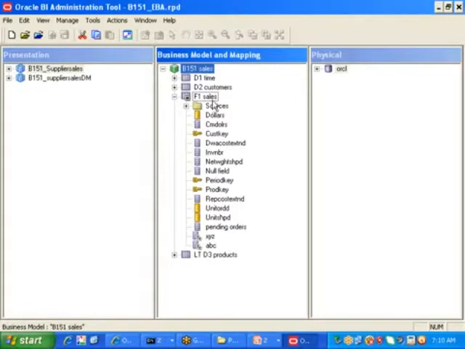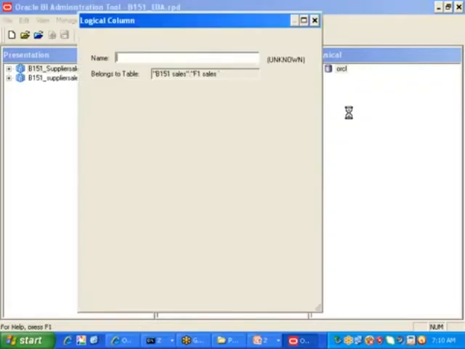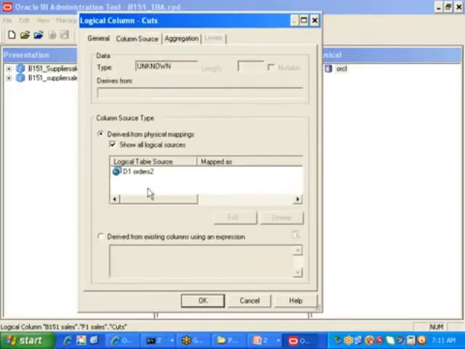I would like to create a column. Right click on this, New Object. Then I have one option called Logical Column. This logical column name I am giving as cuts. This is the US terminology. Normally in India we say pending orders. In the US they say cuts or back orders. Okay, anything. Now, if you go to Column Source, there I have one option, that is what, sir?